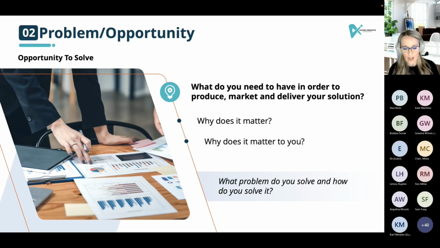For instance, let's say somebody in the organization says, if we were to look at this in a different way or create a different form for our customers, we would save all of this time. That's what we would term an opportunity. So it's something to explore, and just like an investigative journalist, you are going to be exploring that opportunity. So what do you need to have in order to market, sell, or develop your solution?